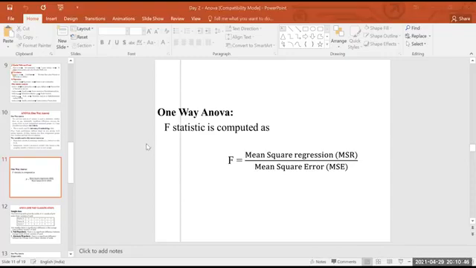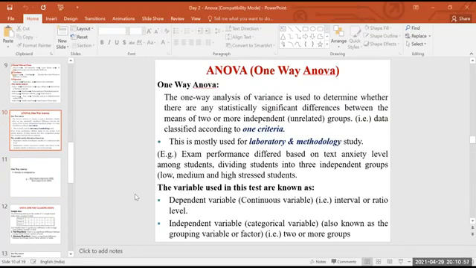Fine. Sir, what is the major difference between regression, multiple regression, and this ANOVA? Where do we have to use ANOVA and where do we have to use multiple regression? So in multiple regression, when you study, for example, you want to measure a variable, there will be one variable as an outcome for your research, right? That outcome variable will depend upon many independent variables.